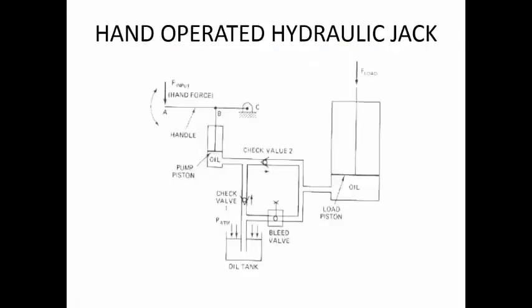Now what is this bleed off valve? Once the load is completely lifted and you want to lower it, the basic idea is that whatever oil is present inside has to directly come into the tank. So if you want to do that, you have to open the path over here. That is why we say it is a bleed valve. Bleed valve means it is allowing the oil to bleed out of the cylinder. So you open this particular valve, the fluid will simply flow in this path, and it is going to enter into the reservoir.